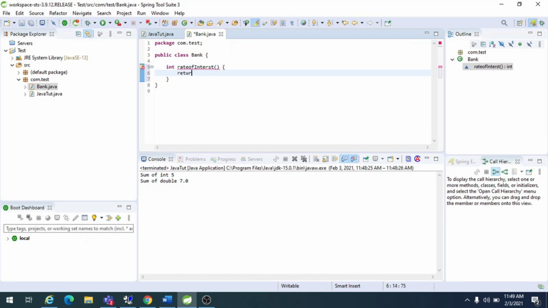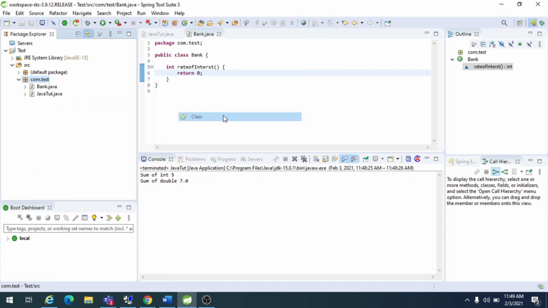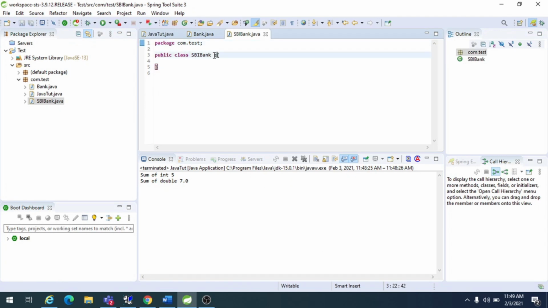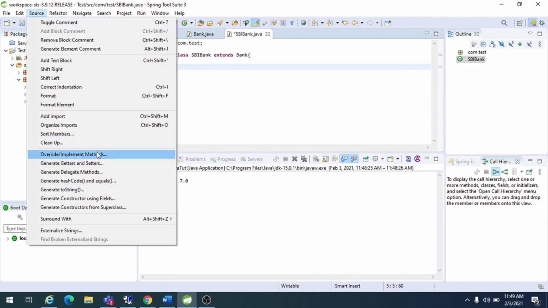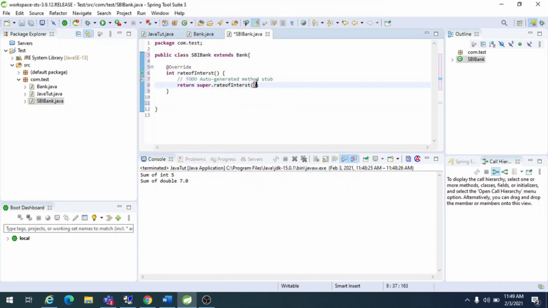I will create one more class, SBI Bank, which extends Bank, and I will override rate of interest here and return 8. So the rate of interest in SBI Bank is 8.